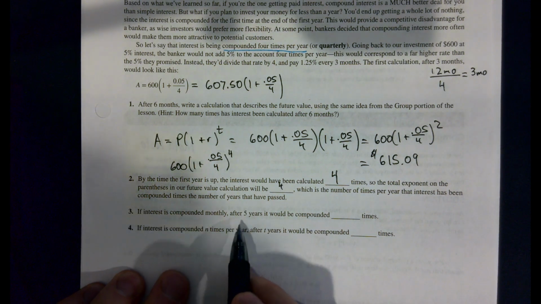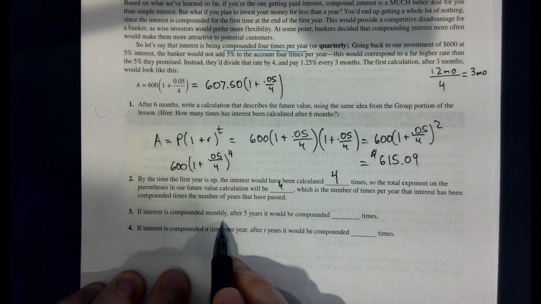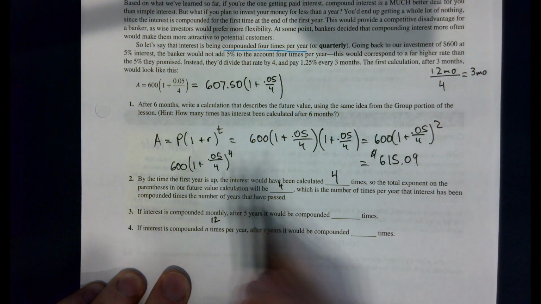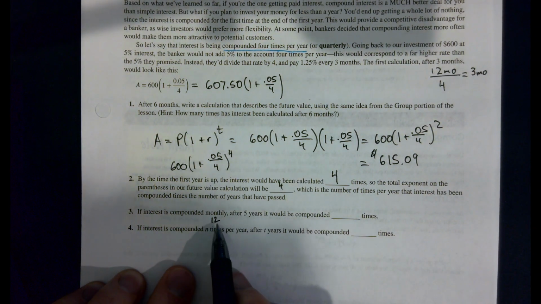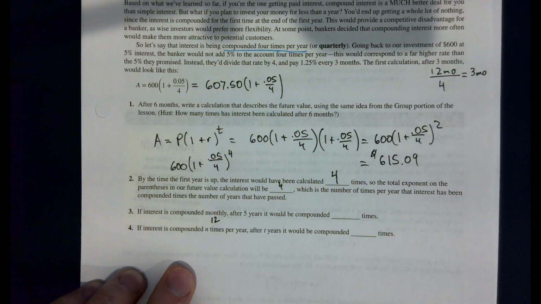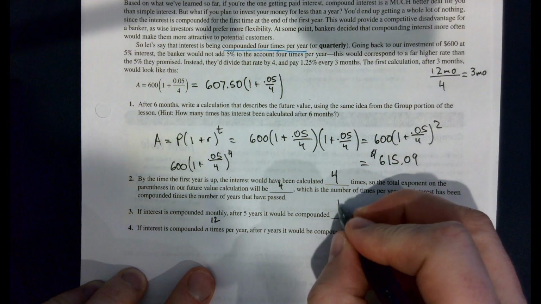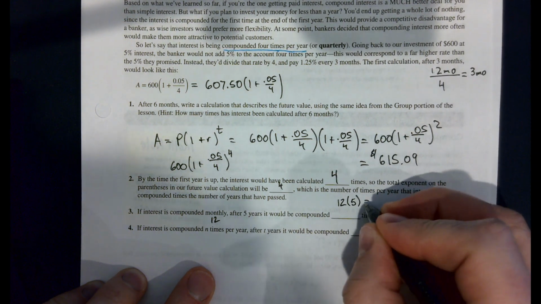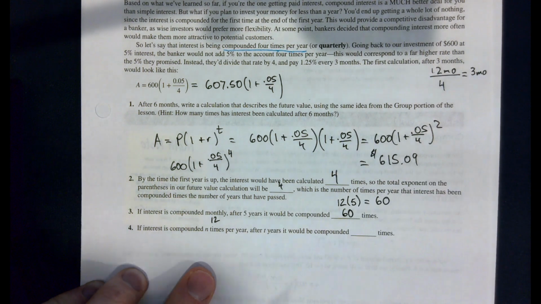If we did this monthly, that means each month we would be adding in a portion of the interest. So we take the 5% divided by 12 and then dump it in at the end of a month, and then repeat and repeat and repeat. After 5 years, we would have done that 12 times per 1 year. After 5 years, we would have done it 12 times 5 years. We would have done it 60 times. We would have had 60